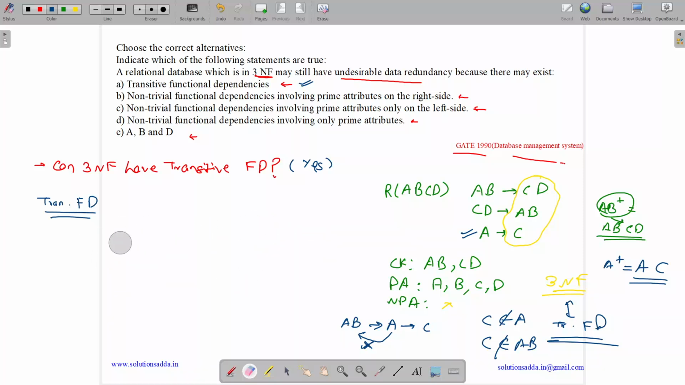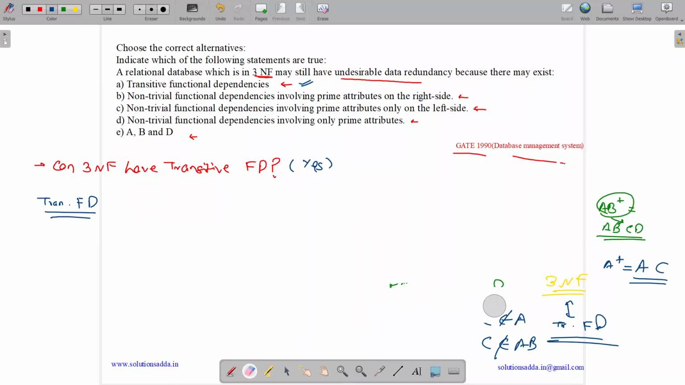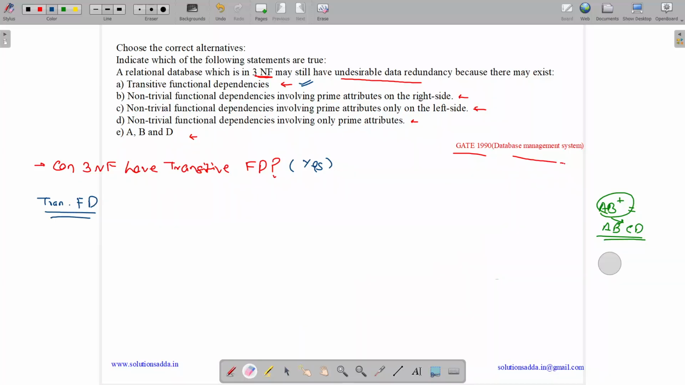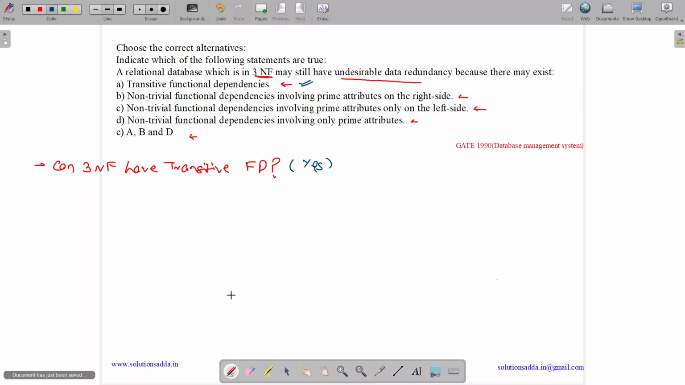Let us see the next option. Just remember a few of the basic things that I am writing over here. Can 3NF have a transitive functional dependency? Yes, 3NF can have a transitive functional dependency. And if there is a transitive functional dependency in 3NF, then we can have